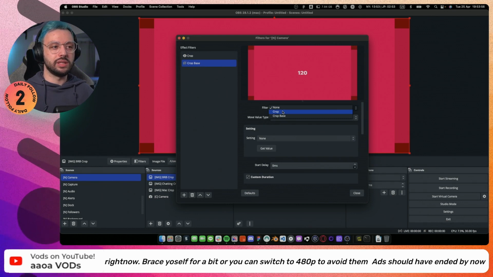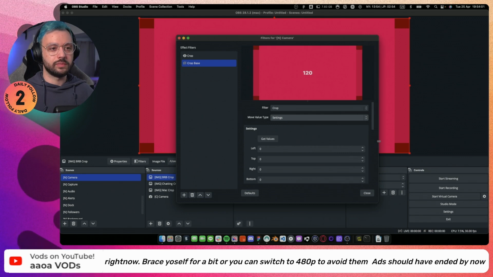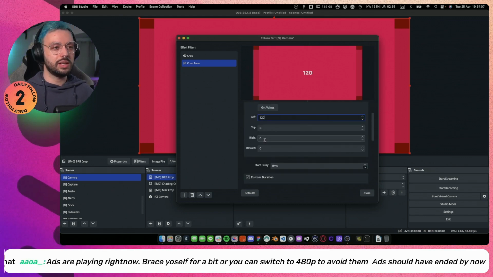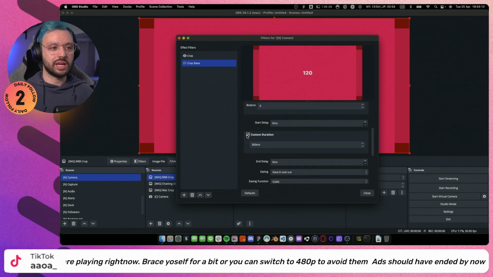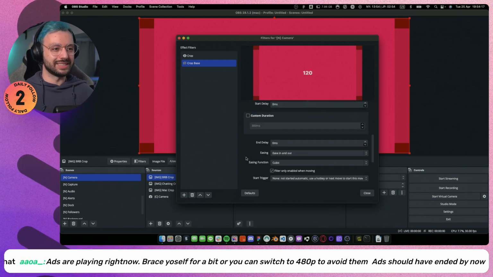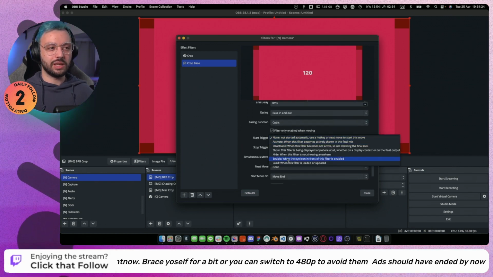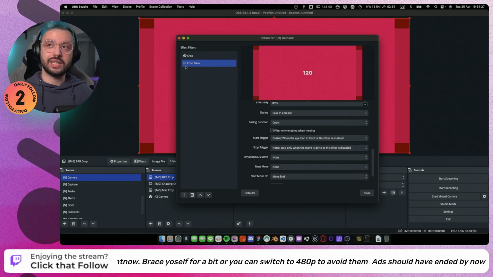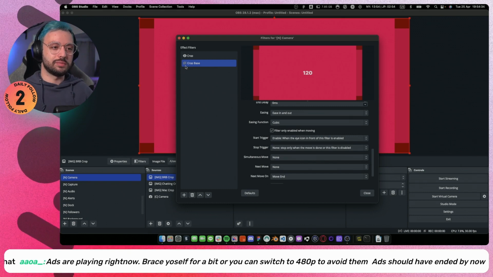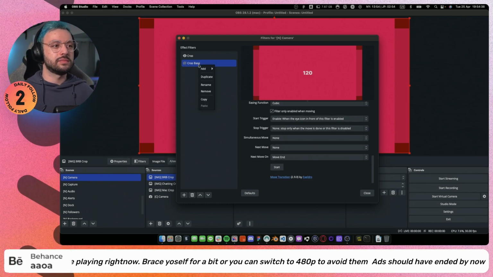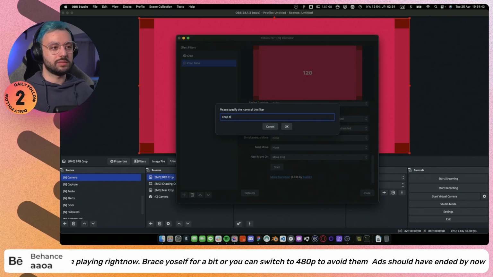It uses the crop filter and it uses all the settings. It uses a 120 on the left and a 120 on the right. This doesn't have a custom duration. It doesn't have a start delay. The trigger is when enable. When the I in the filter is pressed, the filter will enable and the crop will happen. And that's it. Now we can duplicate this and call that crop